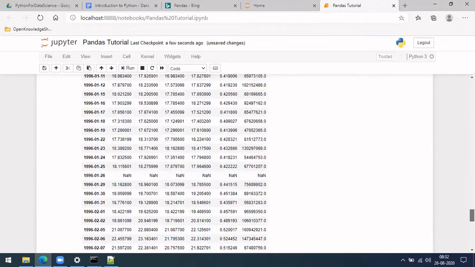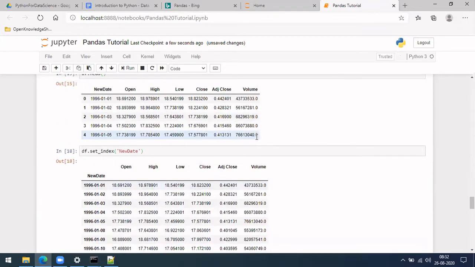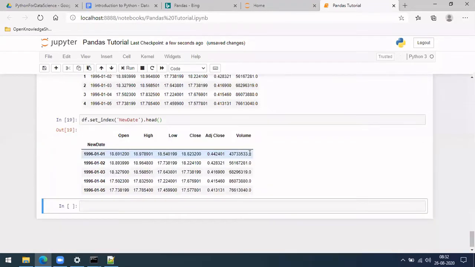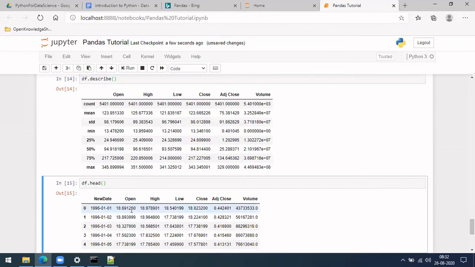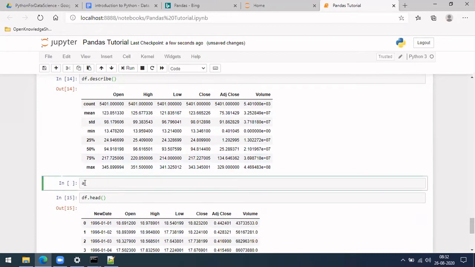So let me do dot head instead of all. What will this index give as info? So index is actually a kind of indicator to your rows. Just like in an array, index is like 0, 1, 2, 3, right? Okay, let me show you. So in case you go for a list, okay?